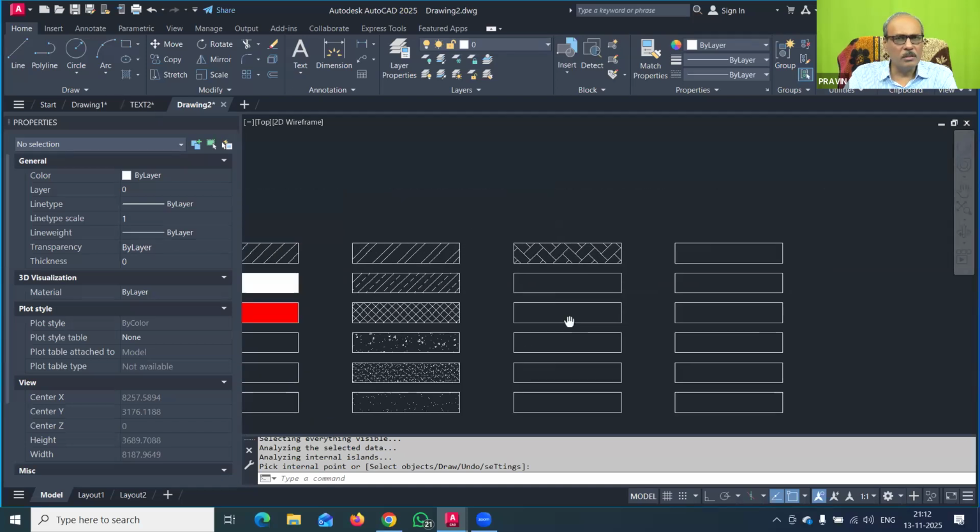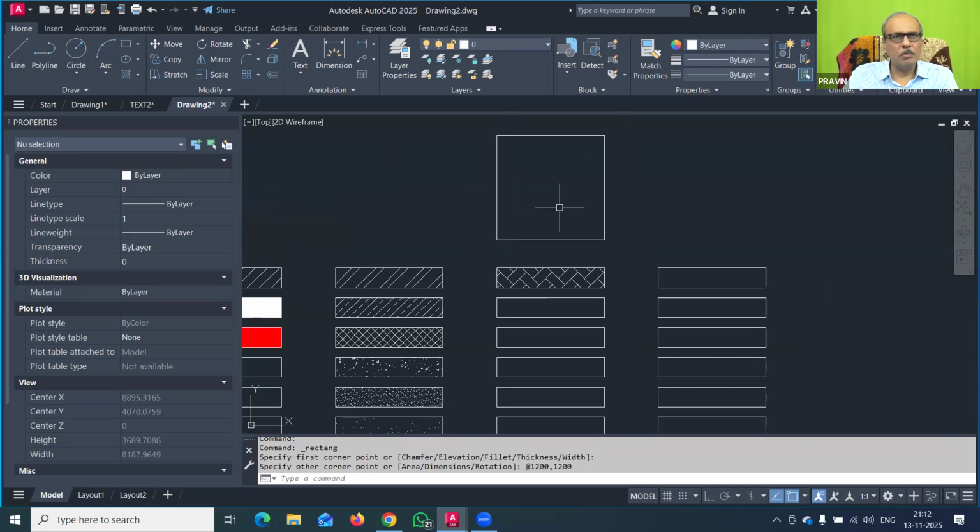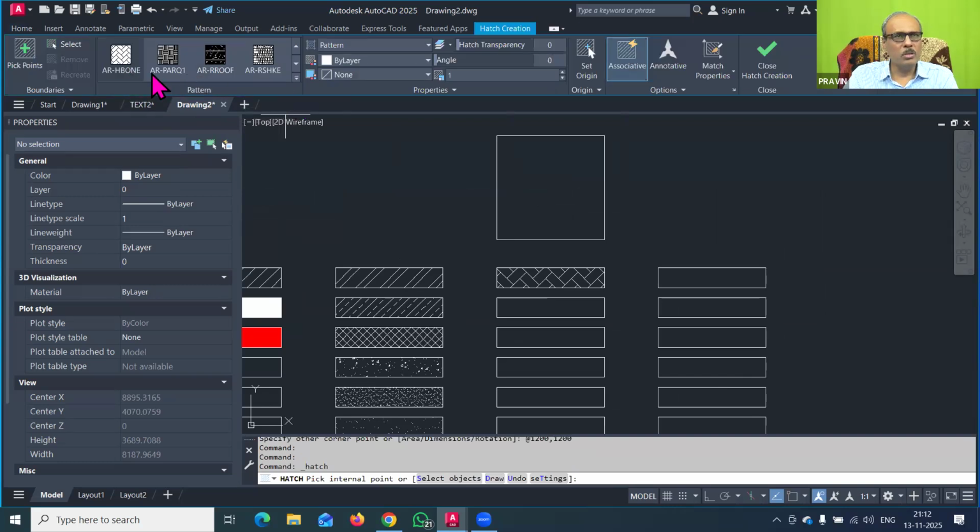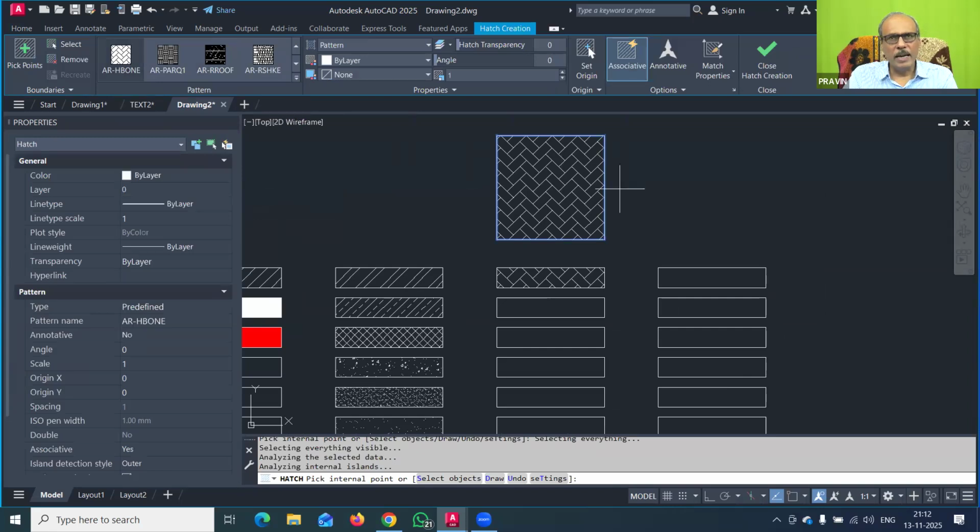Now instead of this, suppose there is a pattern. So you can check it out with this. I will take a rectangle of a little more size, 1200 by 1200. And now in this, I will make this pattern. So you go to the hatch command and use this honeybone pattern. Click here, and that's all.